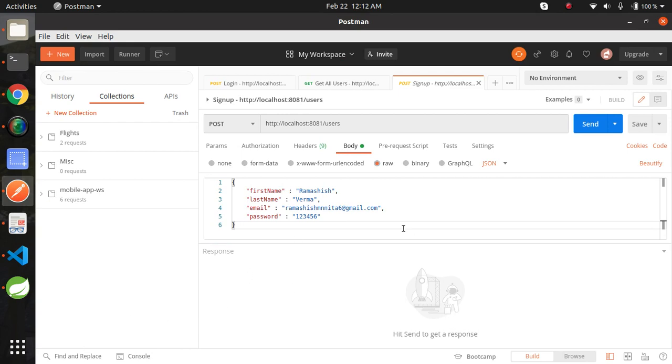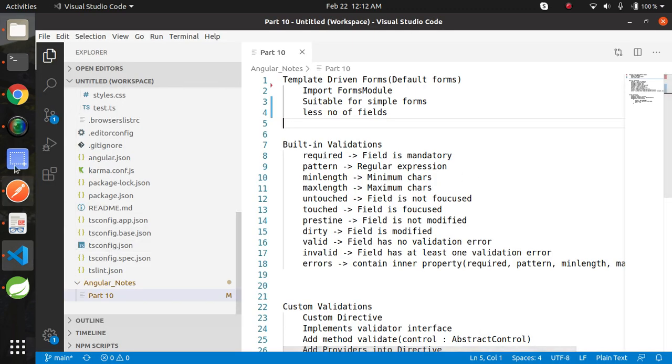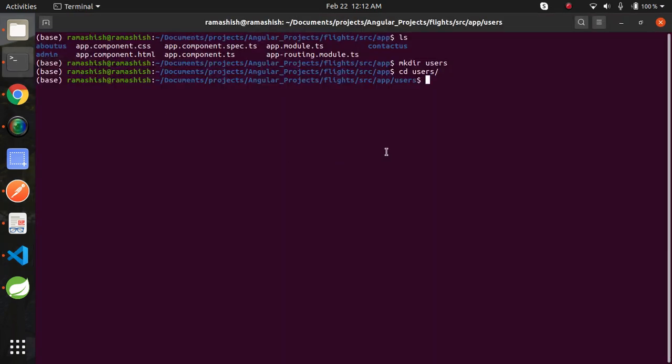We are going to create a template driven form for sign up. ng g class, provide class name. I am giving here user sign up.